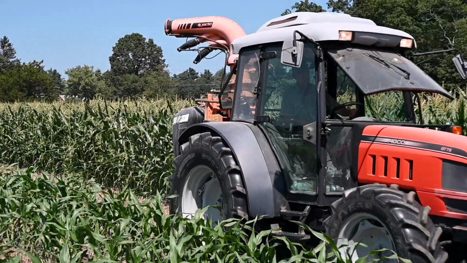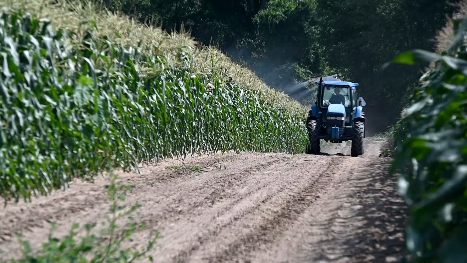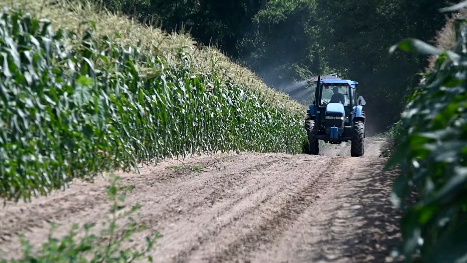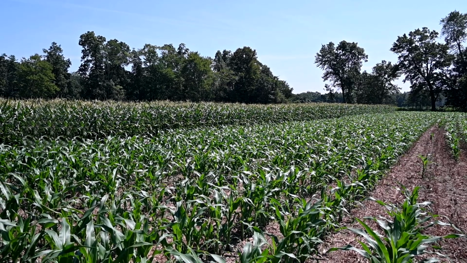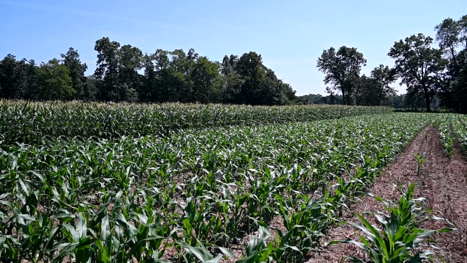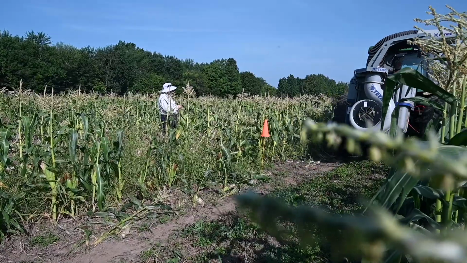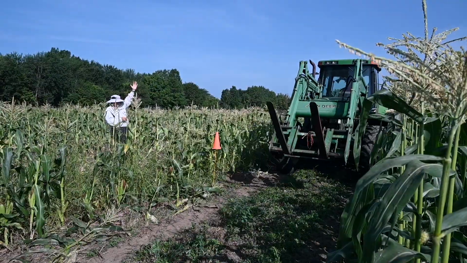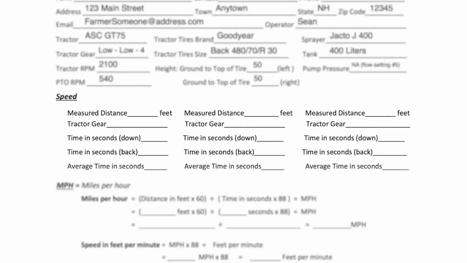Next, we need to determine the speed at which the tractor is traveling. Because the calculations are based on a sample-sized plot of your fields, you'll be traveling a measured course, preferably a level, straight stretch, with conditions similar to the fields targeted for spraying. Knowing that the further distance you travel, the more accurate your measurement will be, it is recommended to travel a course of at least 200 feet in length. For this test, the distance is measured at 176 feet.